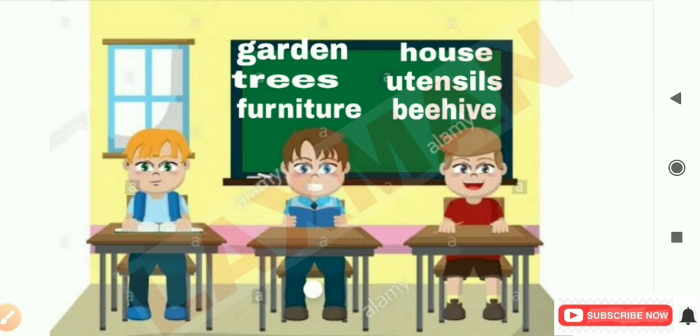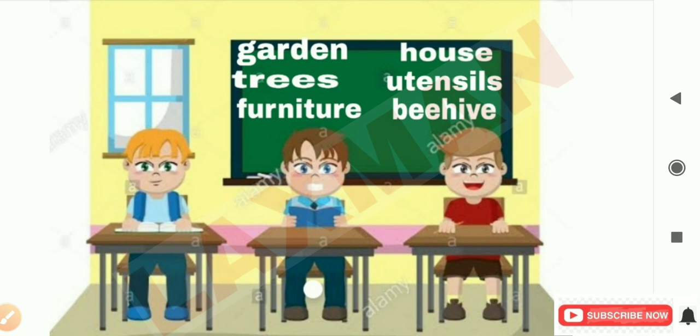And for example, for the first child from group A, you write one word on the board. For example, garden. Then the group A child has to tell that word, garden, by the clues given by their group members. For example, the clue for garden is the place where we grow flowers or vegetables. Like that they have to give the clue. Then the group A child tells the right word using those clues: garden.